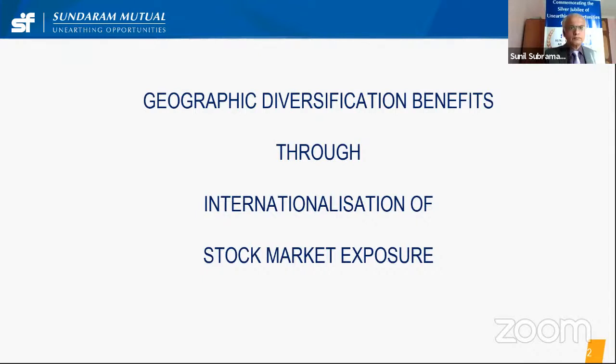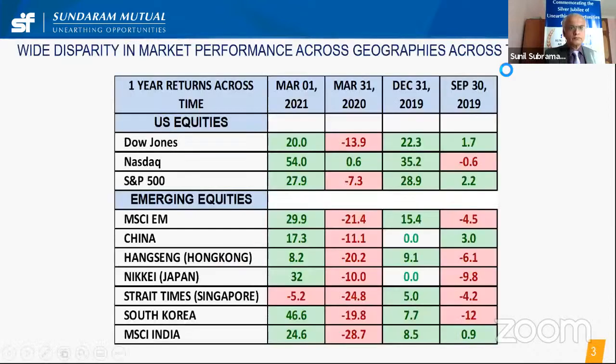To give you a sense of it, he mentioned March 31st, December of last year, and September of last year, just to show you how in 6 months the Dow Jones, NASDAQ, and S&P moved. Can you see the wide variation in returns? And the next slide shows you 3-year returns. So the simple point is